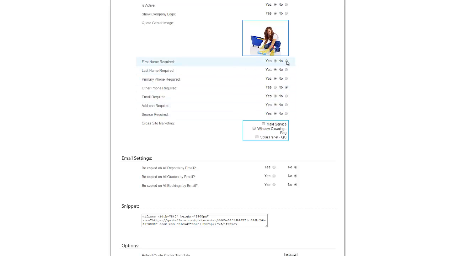You could leave them all on not required if you wish, allowing somebody to get an anonymous quote, or you could just get the name but not make them put their address